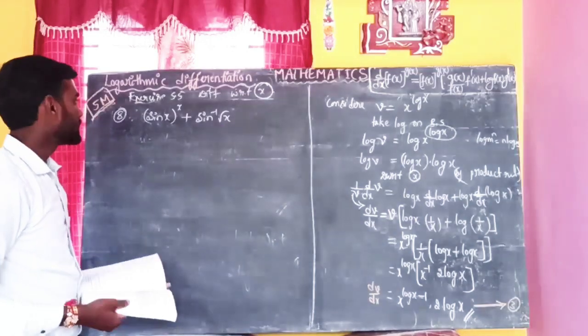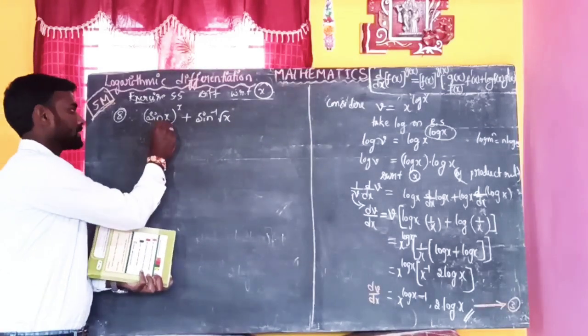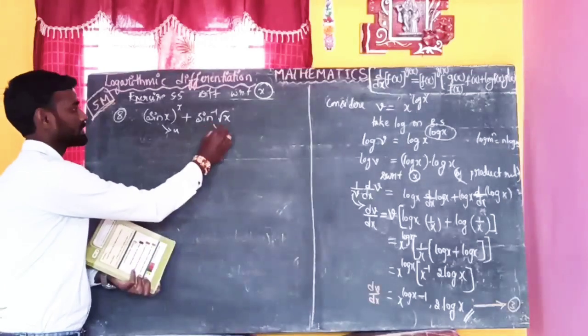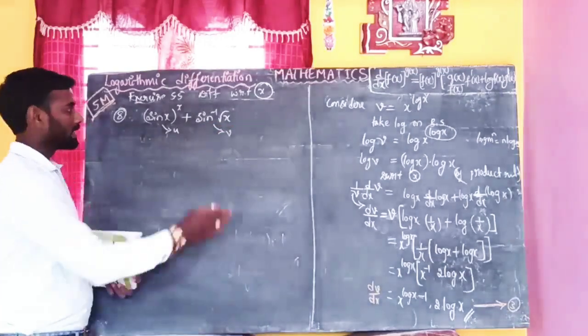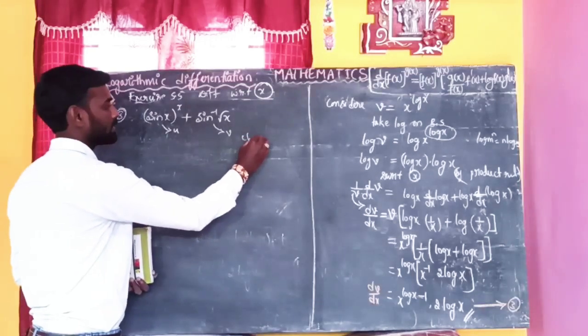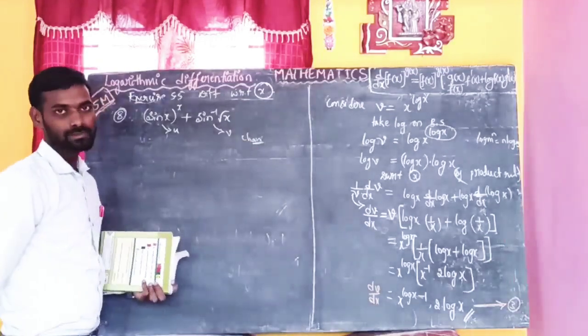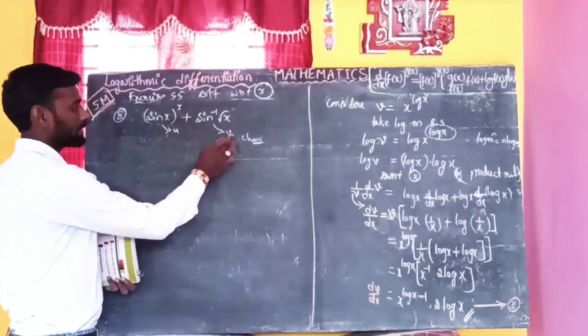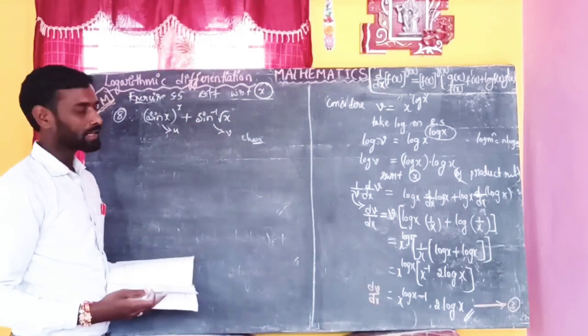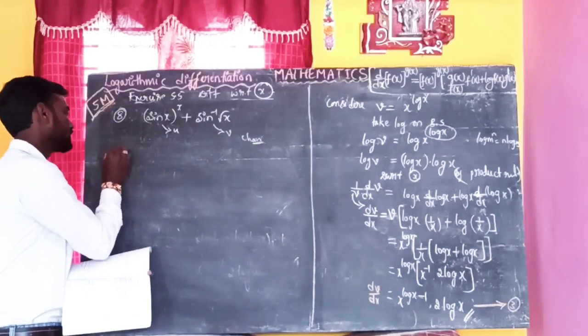Here the hint for this is, consider this as u and differentiate this function with respect to x. This is v. Here directly you differentiate this function. By using chain rule, directly you differentiate. Then you will get the answer. This is du by dx and dv by dx, and substitute the result, you will get the answer. Okay, guys. Next, ninth one.